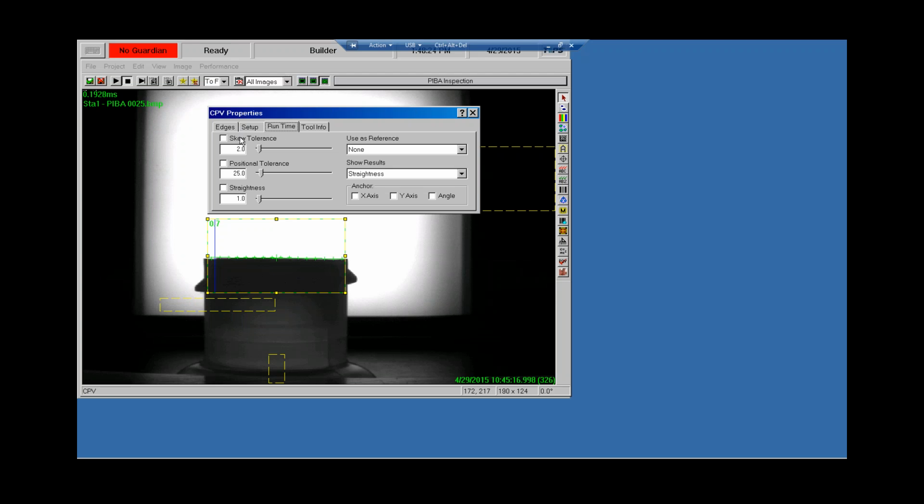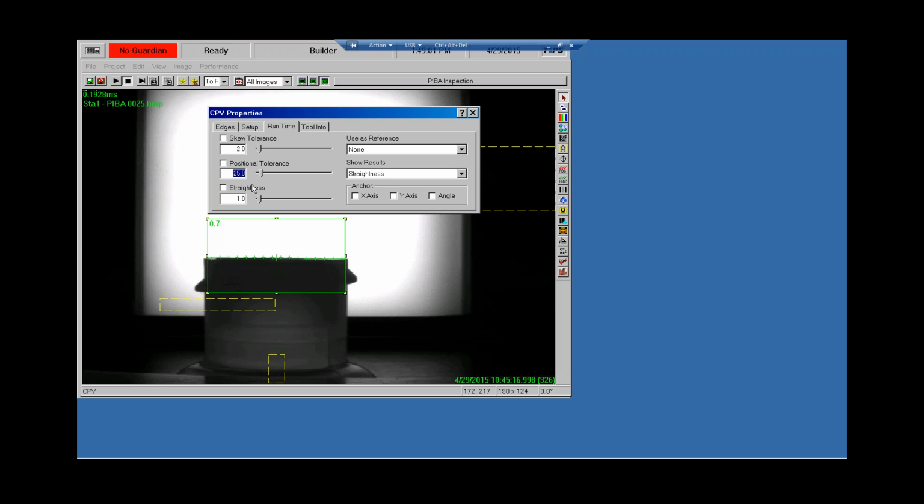This is what skew tolerance means: it will take a look at this line, and if the difference in angle between this line and the line that the tool was trained on is more than the tolerance, it would fail if we turn skew tolerance on. Same thing for position. If the position of the edge, the one that's in the center, averaging out all those detectors, is different from what the tool was trained on by this amount, positive or negative, that goes for all of them, for position and skew, the tool would